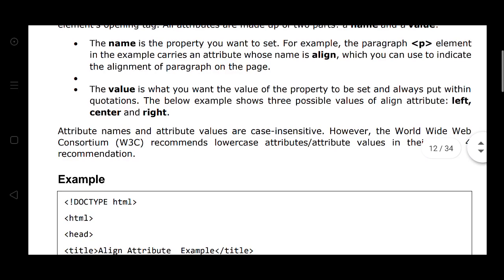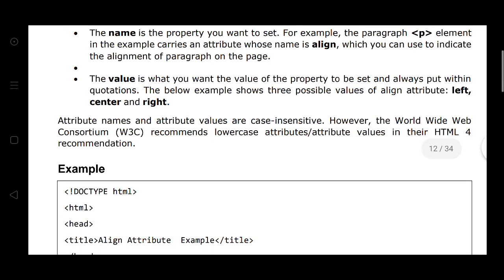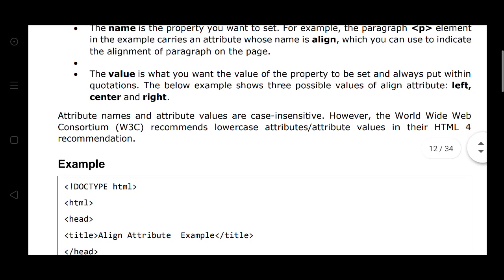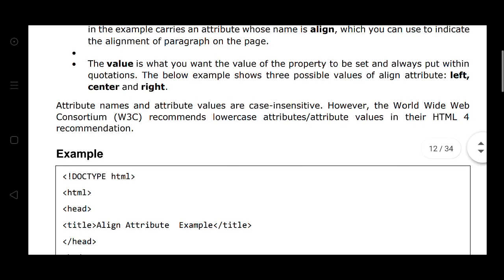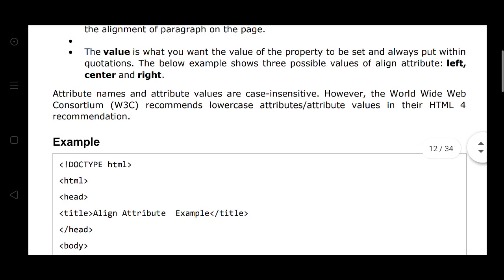The value is what you want the value of the property to be set to, and it is always put in quotations. You must write double quotes; suppose the value is left, center or right, the value is to be written in these double quotes.